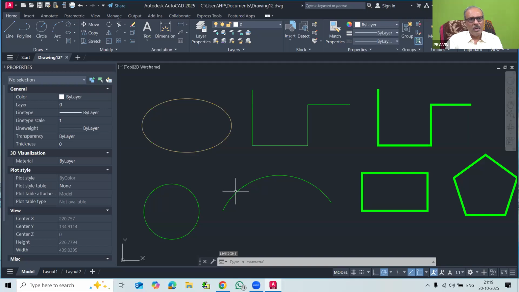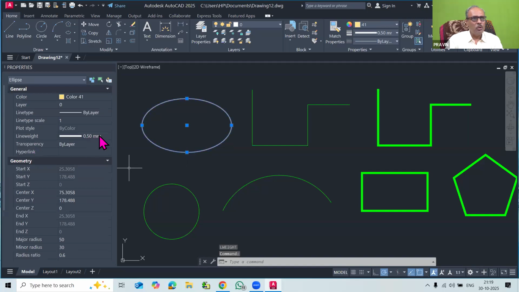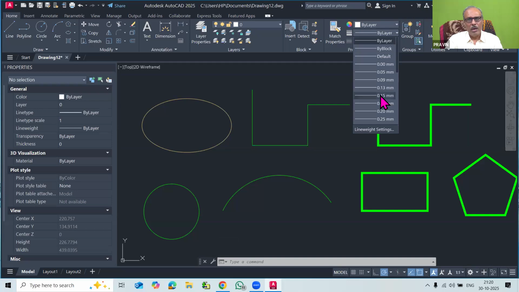So line weight is there, लेकिन वो आपको दिखेगा नहीं. यहाँ पे line weight है, इलिप्स को सिलेक्ट करेंगे तो आपको line weight दिखाएगा 0.50, लेकिन स्क्रीन पे आपको सिंपल थीन लाइन दिखाई देगी. So this is the important thing about the line weight. But generally in the AutoCAD we do not change the line weight. हम लोग line weight को change नहीं करते हैं.